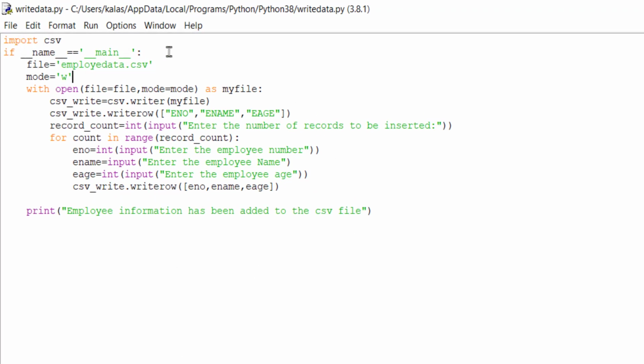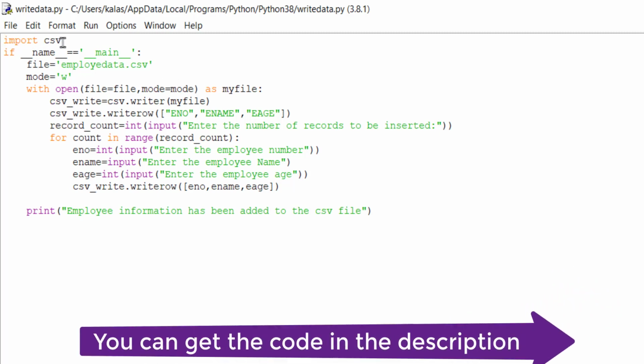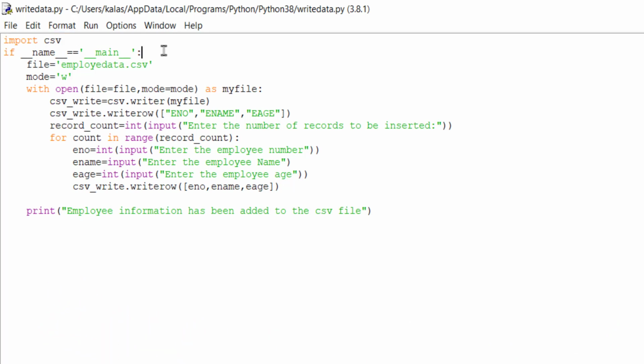First, to read or create a .csv file, we need the CSV module. So in the first line, I am importing the CSV module. After that, my code starts.